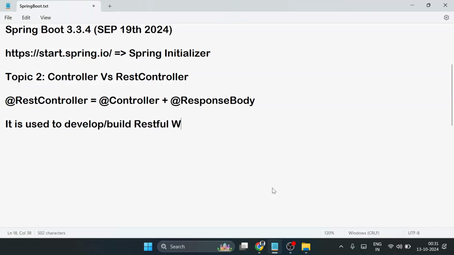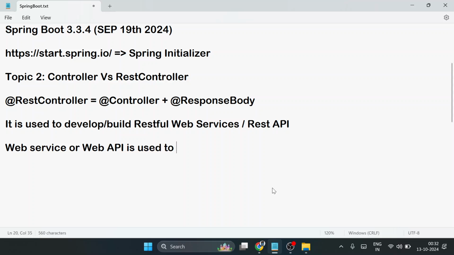RESTful web services, or we simply call it a REST API. So if you just want to develop web services, web services is nothing but a way to perform a specific task. A web service, also called a web API, is used to exchange data or to perform